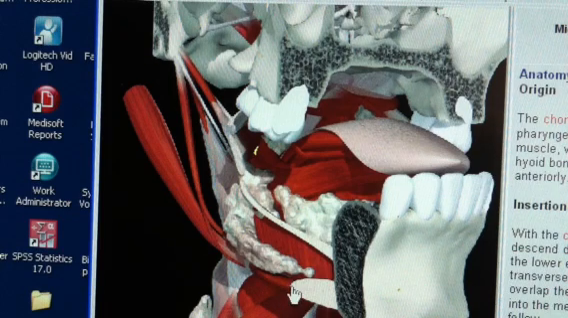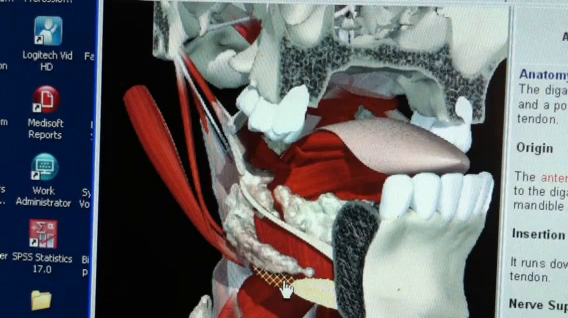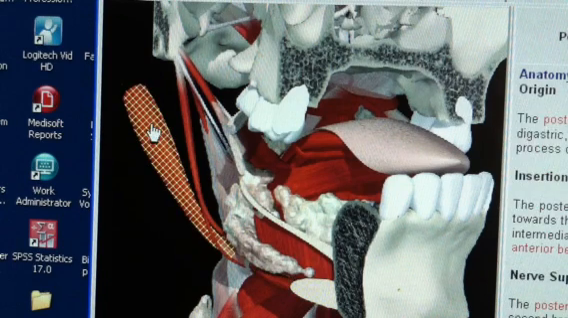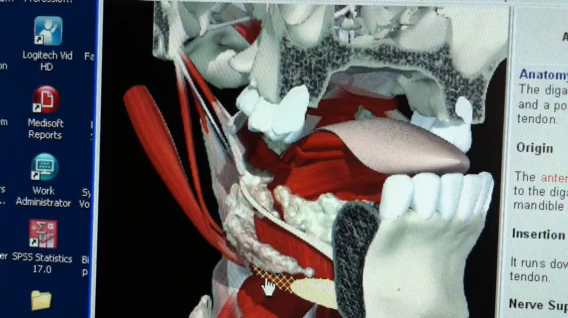Next, you see the two sections of the digastric muscle. This is the anterior belly of the digastric, and here is the posterior belly of the digastric. All right, let's talk about posterior belly first. It's dissected away, but essentially the posterior belly, the origin is the mastoid process of the temporal bone. All right, and it inserts into this sling where it meets the anterior belly of the digastric,